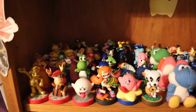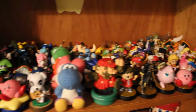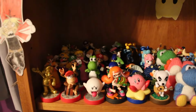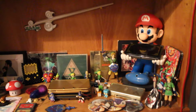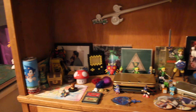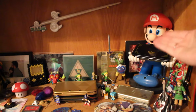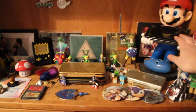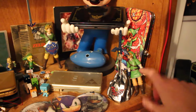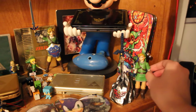Okay, sorry, the lighting changed because these shelves were so dark. But anyway, on this shelf, I have all of my Amiibos. I actually have over 70 of them. Anyway, underneath that, I have what I think is my little shrine to the Legend of Zelda franchise. I have this cool little Wind Waker up here, and then I have this little statue of Mario that's able to hold your 3DS. Starting over here, I have this little figure of Link,